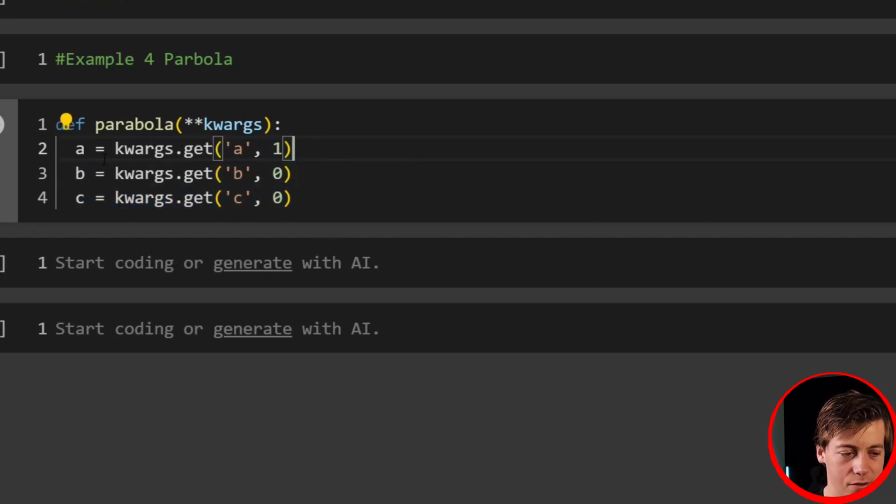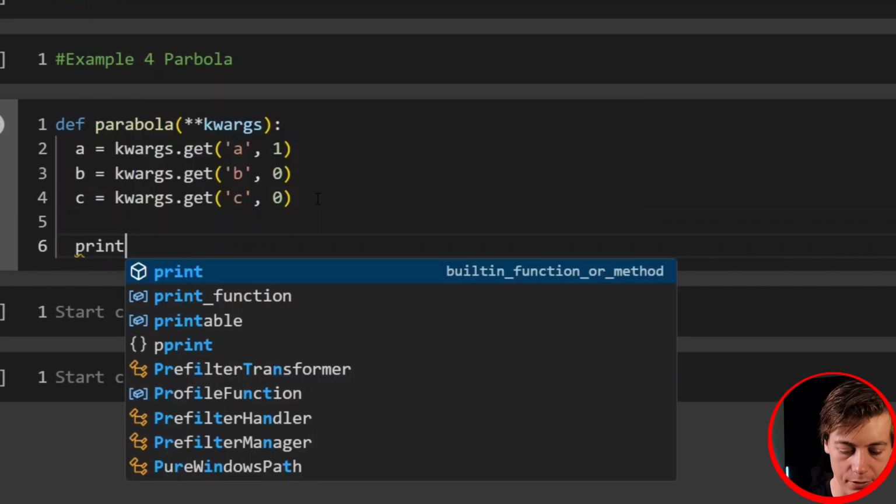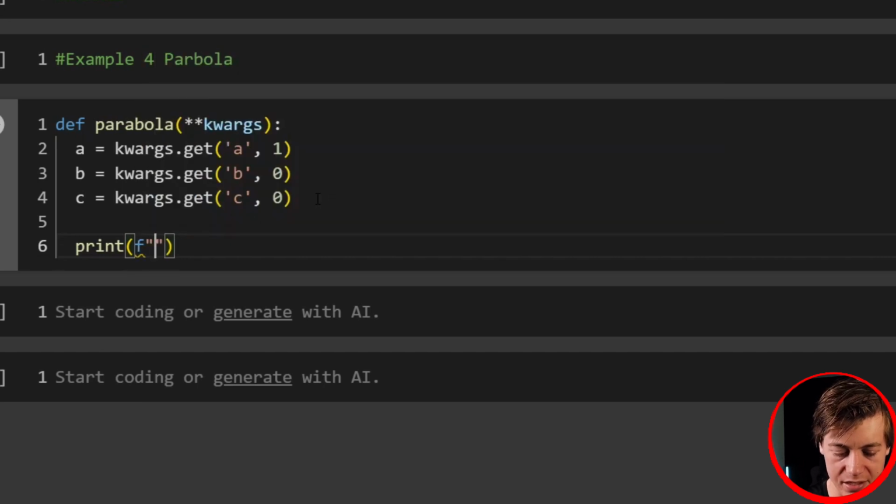We just need this first one. So hopefully that makes sense. And actually, I forgot one more line. What I'm going to say is I'm going to say print over here. We're going to use an F string, and we're going to say the equation for the parabola is,